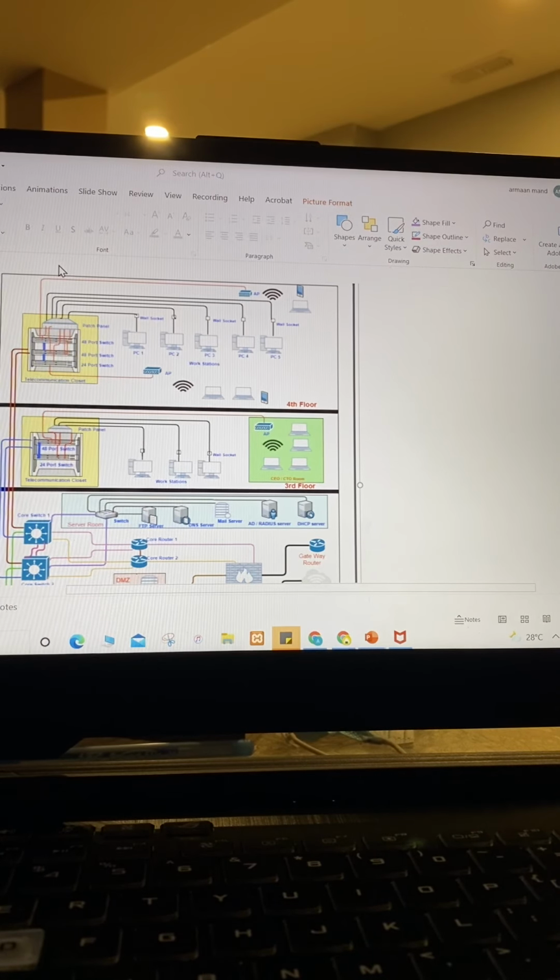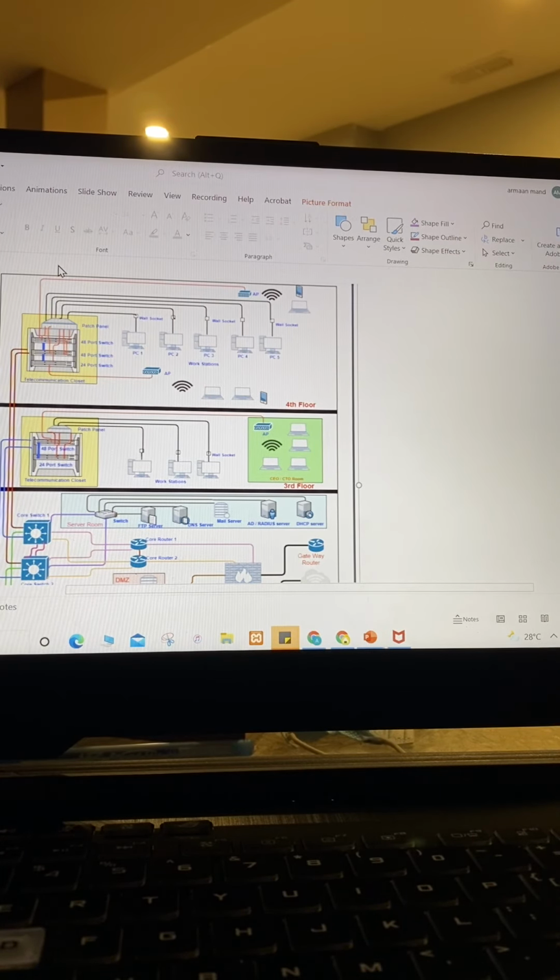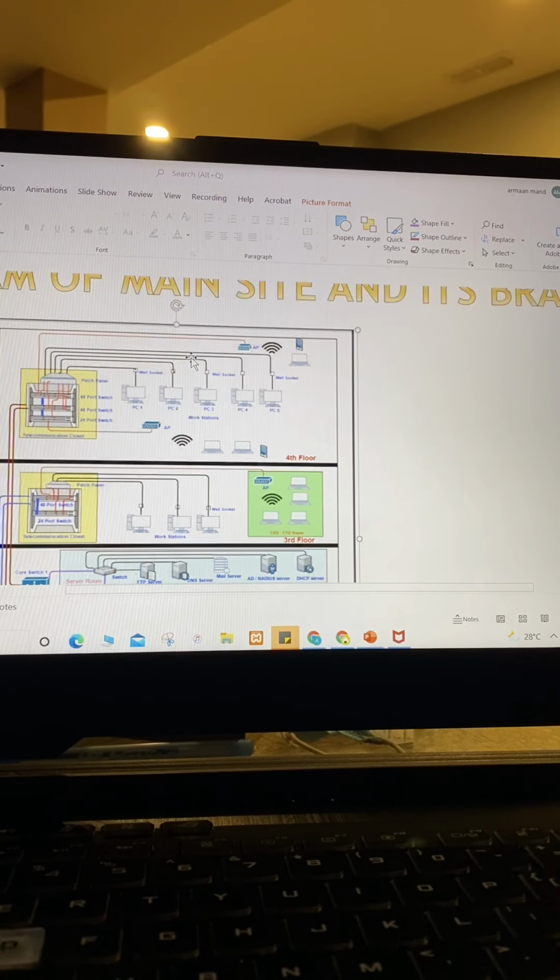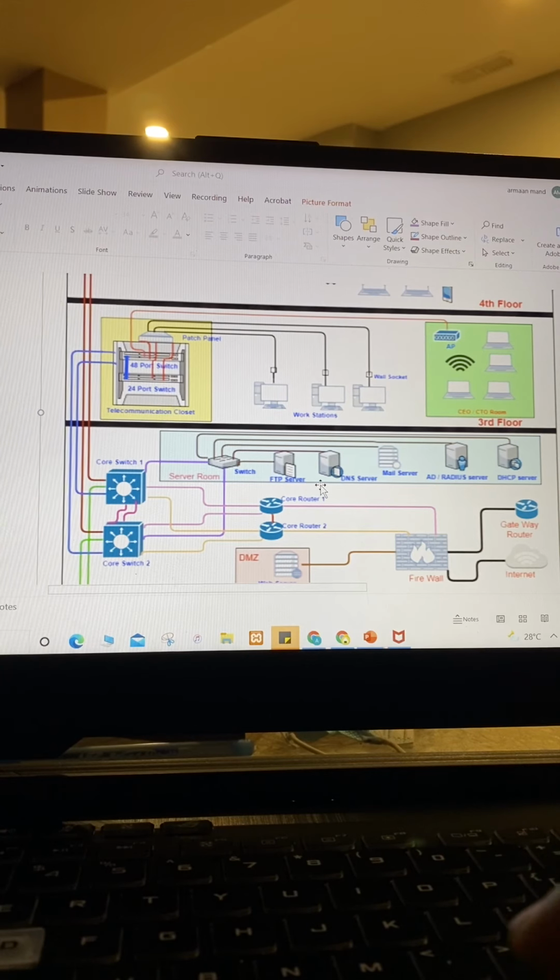In the 2nd server room, on the 2nd floor, there are the FTP server, mail server, and AD RADIUS server. As you can see here, there are the FTP server, DNS server, mail server, RADIUS server, and DHCP servers. These servers are used for authenticating users for the different services provided across the network. The DNS server is for DNS lookup services, and the DHCP server dynamically assigns IP addresses to hosts in different VLANs and